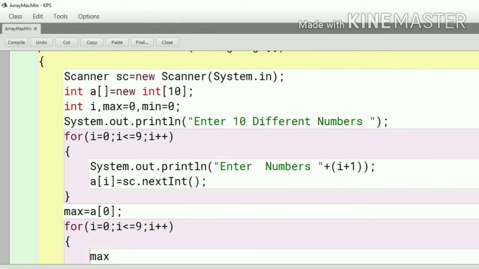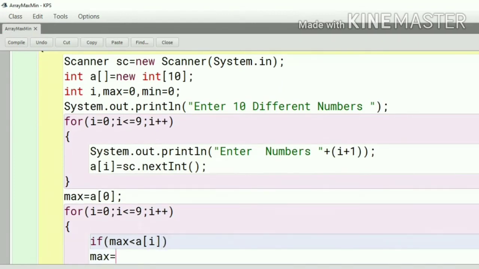In the if condition, you have to compare that max is less than the array value, first with 0, then 1, 2, and so on. If this condition is true, max is less than the array element, so it will copy the maximum.